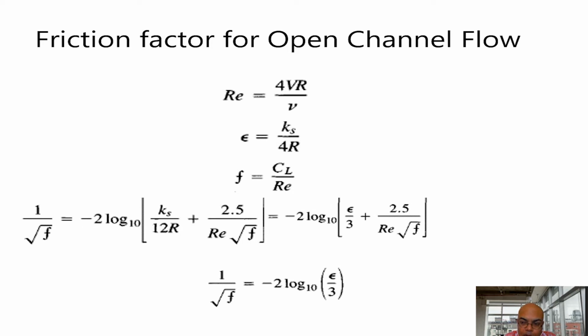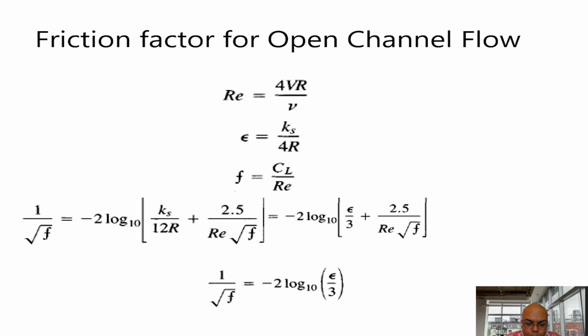Okay, we can make it smooth by lining of the canal. We can also make it rough. Suppose we put some boulders on the bottom of the channel, then it will become rough. Okay, so we can control the friction factor. For the design flow rate to take place in the open channel flow, we need to calculate the friction factor. Okay, so how to calculate the friction factor?